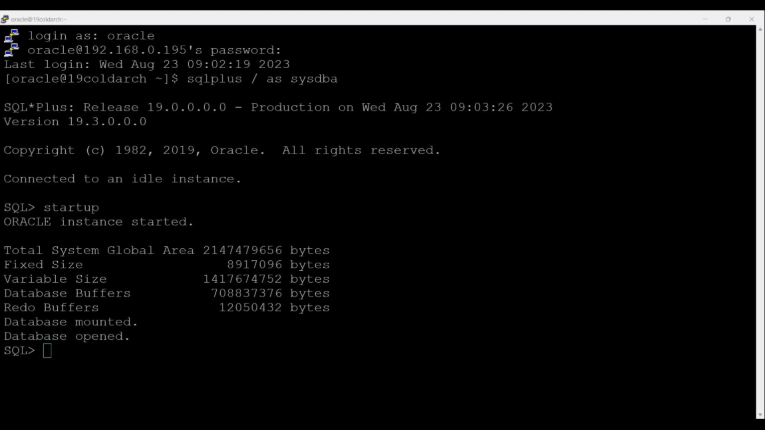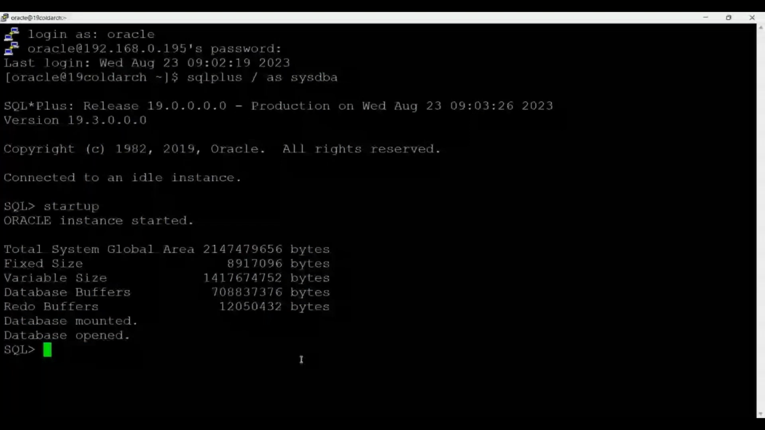So what initialization parameter for shared server connection you will do that? Anyone has an idea? What initialization parameter you will do that? What are the parameters required for shared server connection? Anyone has idea? Please type it. Show